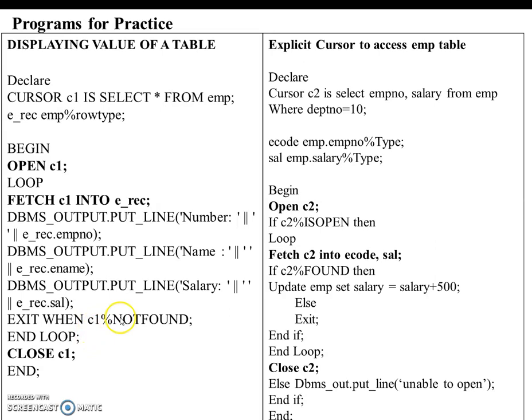I am writing C1 here, which means this is an explicit cursor. So please exit the loop when the condition is matched. Then I am closing the loop by the END LOOP keyword, and finally after opening and fetching the cursor, I am closing it by the statement CLOSE C1, and this END is the end for this BEGIN section.